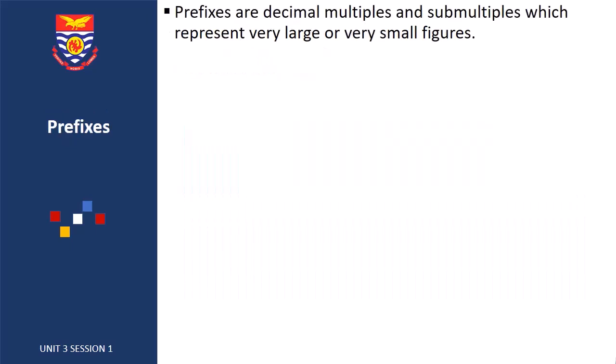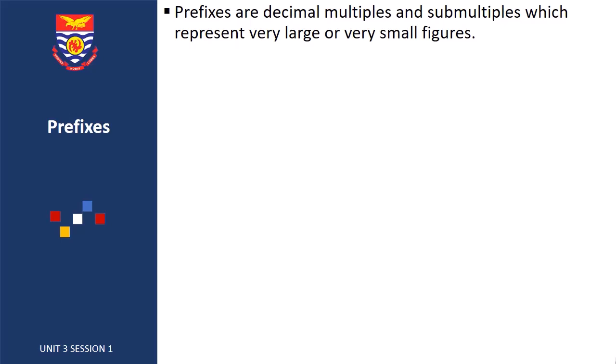Now let's look at prefixes. Prefixes are decimal multiples and submultiples, which represent very large or very small figures. So you realize in basic school, normally we will tell them that the mass of an electron is negligible. Why negligible? Because the mass of an electron is 9.1 times 10 to the power